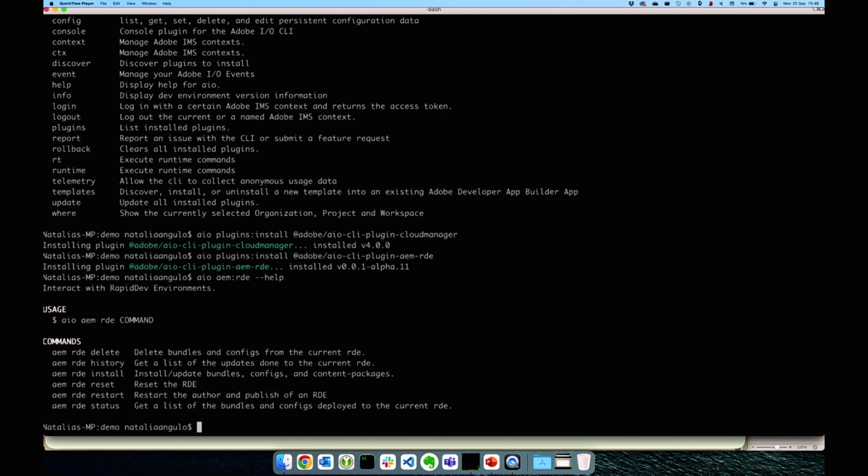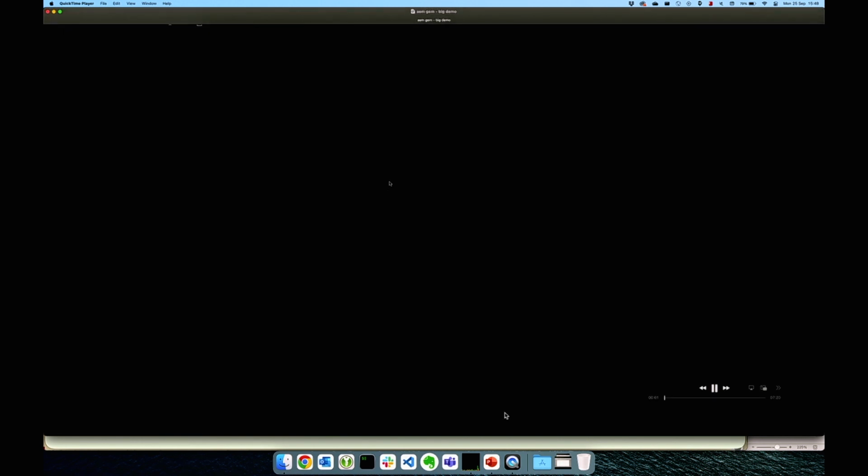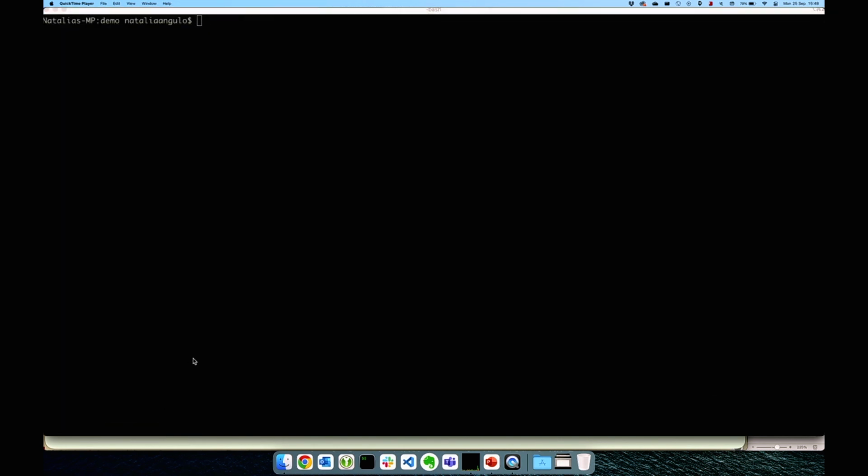It starts again from the command line. Typically how you control RDE is from a command line once you have one up and running. You can see here the various RDE commands that are there, and we'll be using most of them in the course of this demo. So the first thing you need to do when you start using an RDE is configure